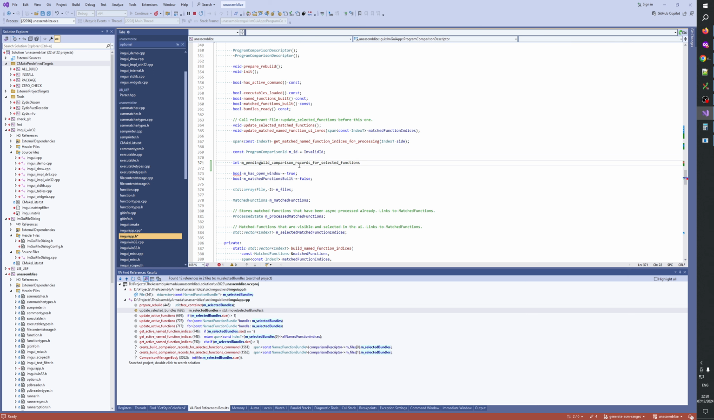Pending build comparison records for selected functions command. Maybe it's a bit too long. Pending build comparison records commands. Comparison records commands, yeah. I'll put that as 0. Pending. Okay. And then